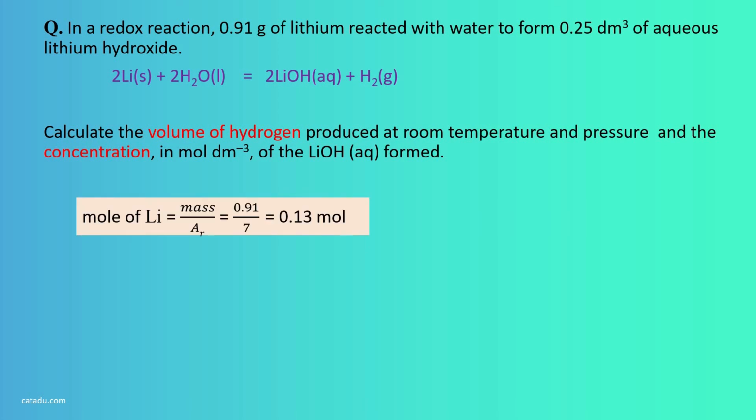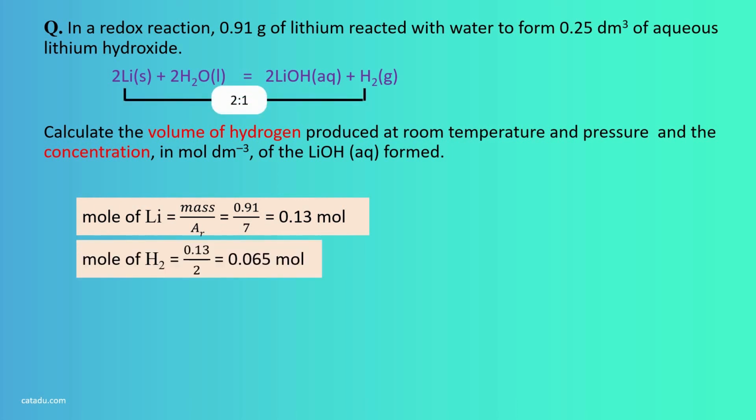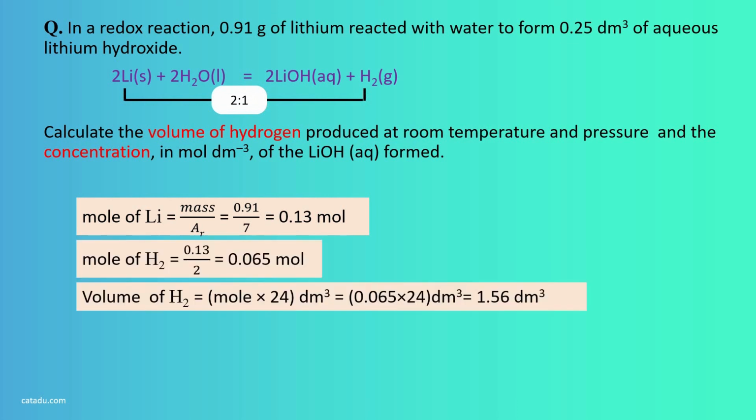The first formula, mass by AR, AR of lithium is 7, you are getting 0.13 mole. So mole of hydrogen will be half of lithium, because the ratio is 2:1. If the mole of lithium is 2, hydrogen will be 1. This ratio you have to use. This is very simple. We have to ensure the equation is balanced. So in this case you can find the mole of hydrogen, 0.065, and for the volume of hydrogen, another formula we are using, mole into 24. The second formula we are using in this case gives the volume of hydrogen as 1.56 dm